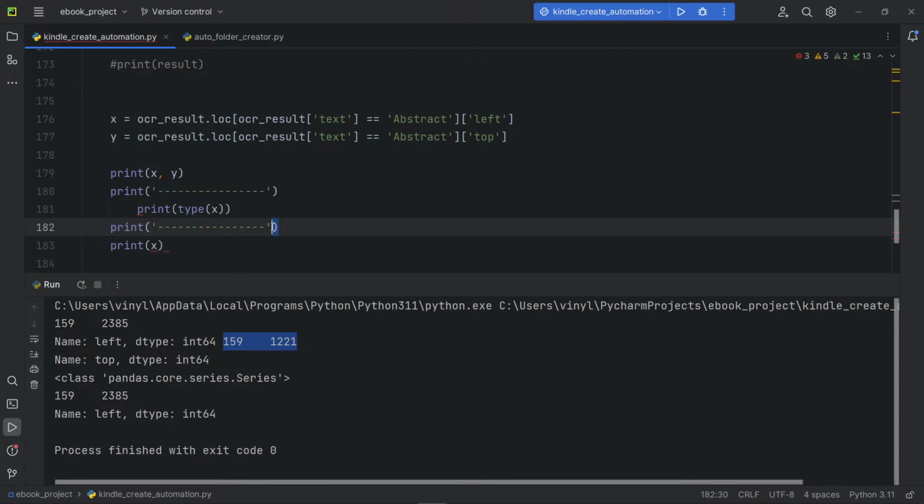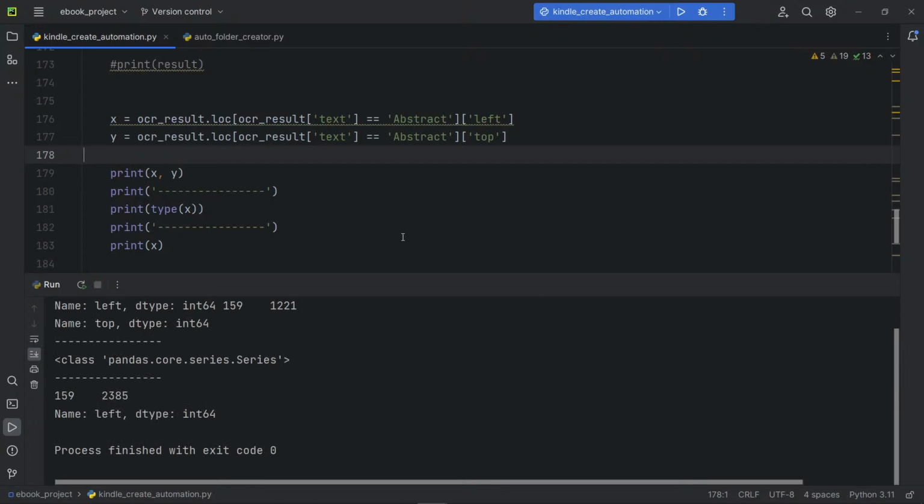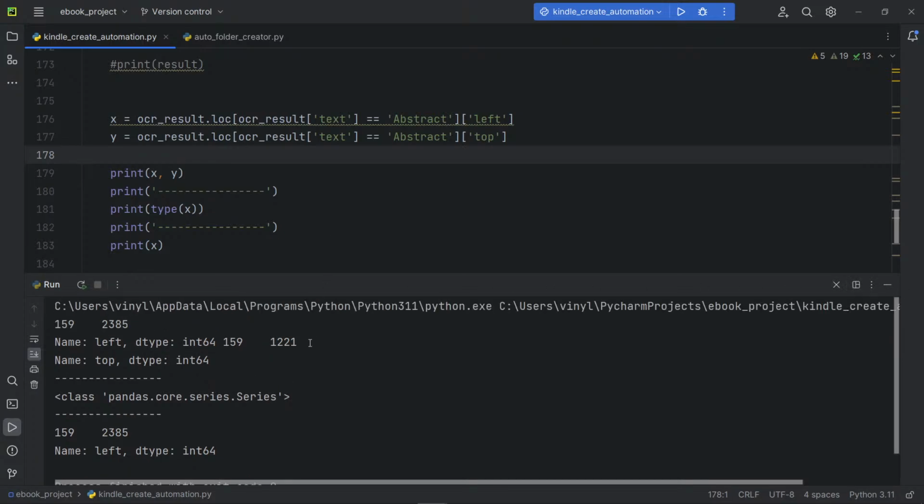Where did I mess up here? Oh, okay. Now I'm. Oh no, I had to scroll up. I was about to be so confused. Thank God. Okay. So if I print X and Y,